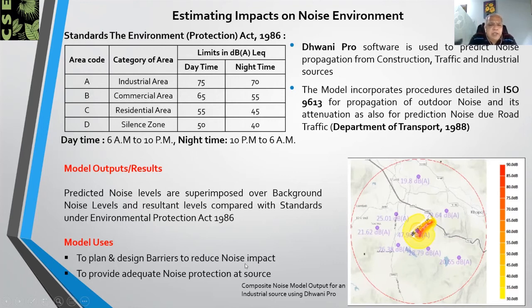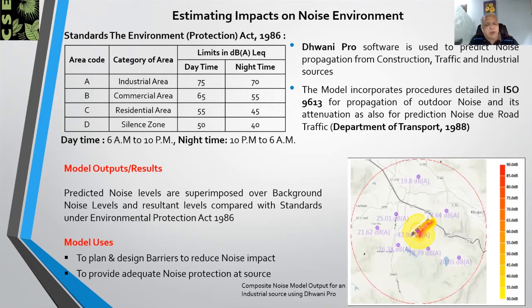The output from the noise model is then compared with the standards which are specified under the Environment Protection Act. And if there is any exceedance, then we can plan to have barriers, say along the road, particularly near sensitive areas, like when we had done a study for expansion of National Highway 4, that is from Pune to Satara to Kagal, we had provided for